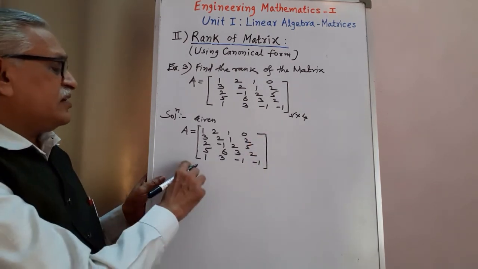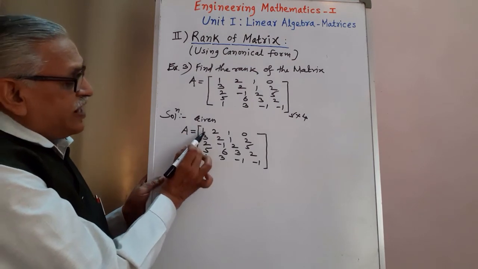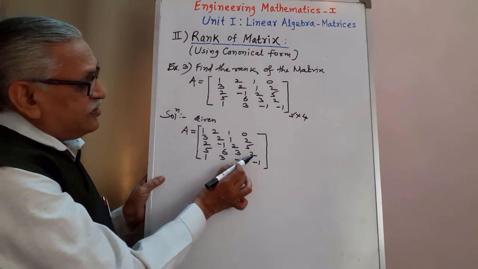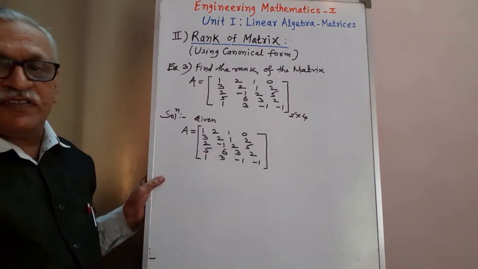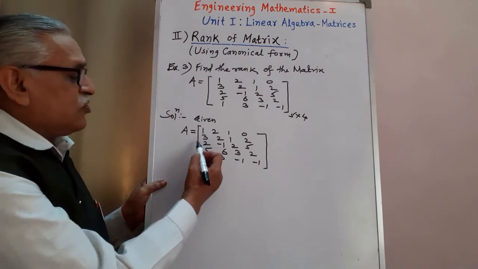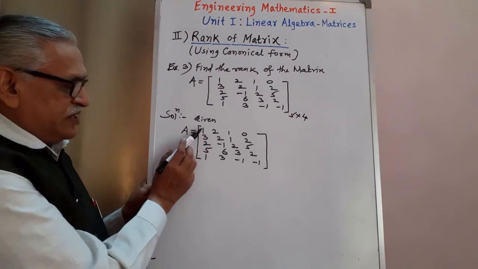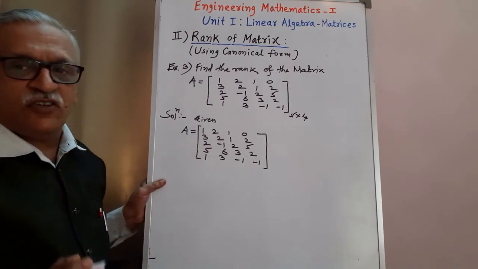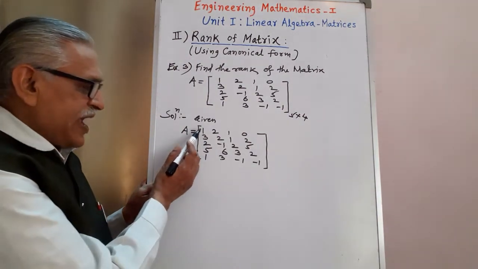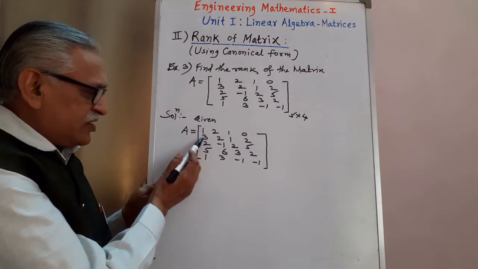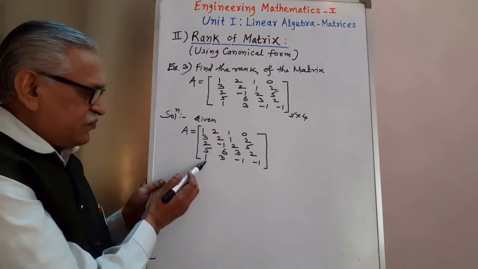Okay, and we try to convert the 1 2 3 and 4 diagonal elements as non-zero and lower as 0 by applying elementary row transformation. Here the leftmost element is 1, non-zero, keeping it as it is, and then using this one we try to convert the elements below it